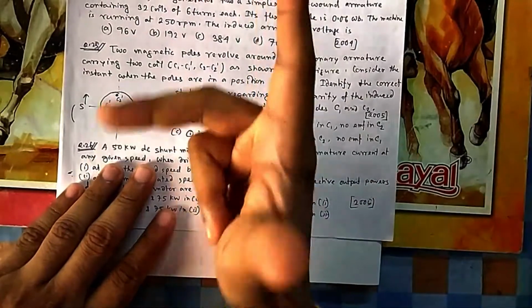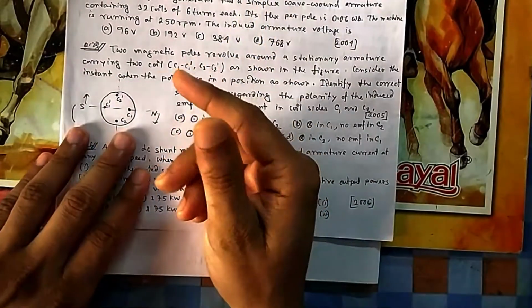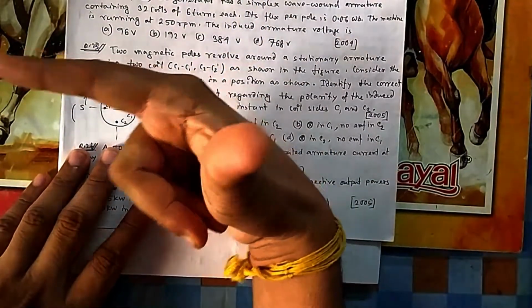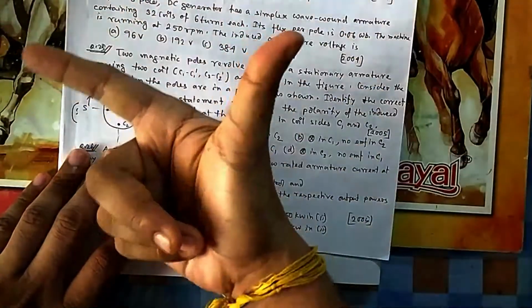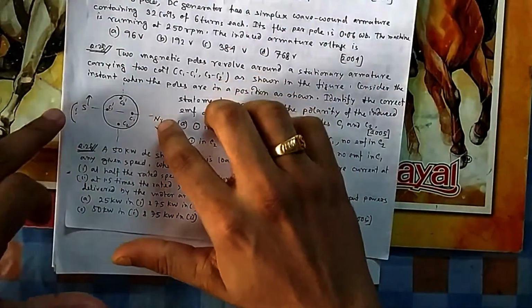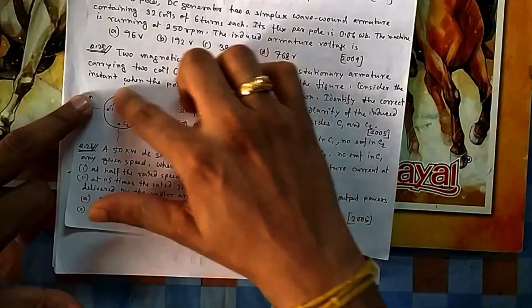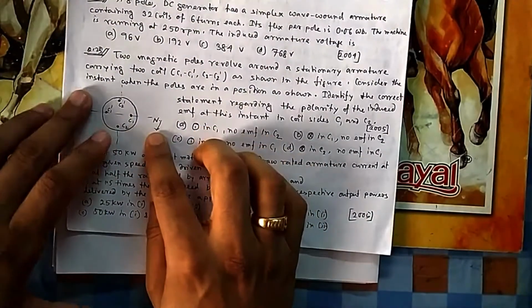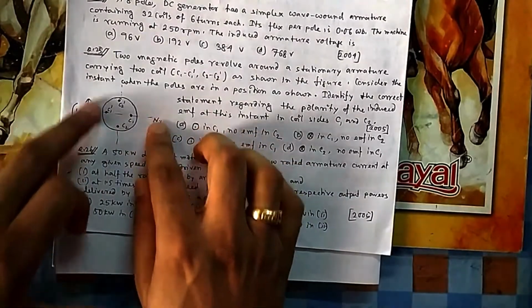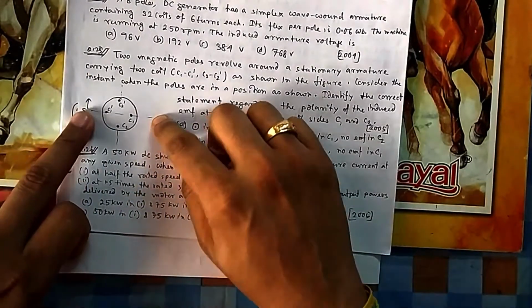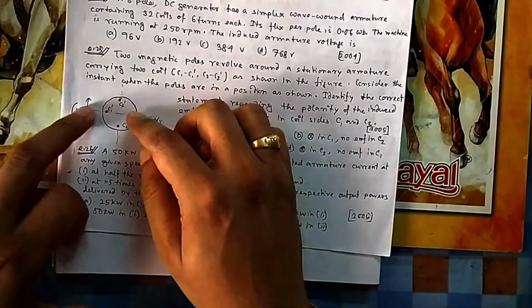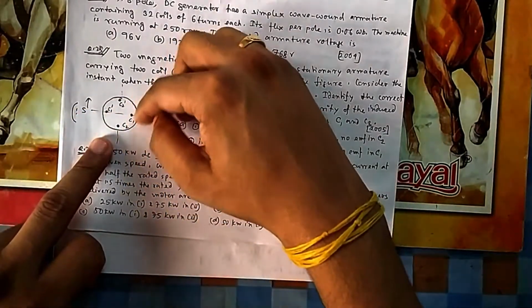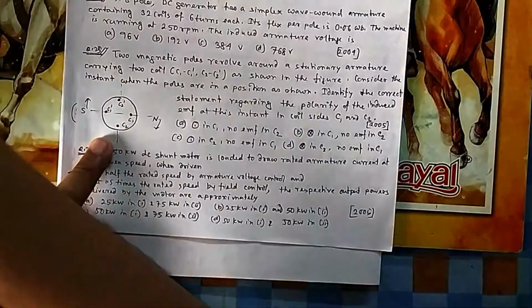Okay, so this is always fixed, you can think this is field. Field is from north to south. Now what is the force? The force, it is moving in this way or this way. Generally what we do is keep this fixed and rotate the coil. So here the magnetic field is rotating. If the magnetic field is rotating, suppose I fix this one, then it will look like the coil is rotating in the reverse direction, in this direction.